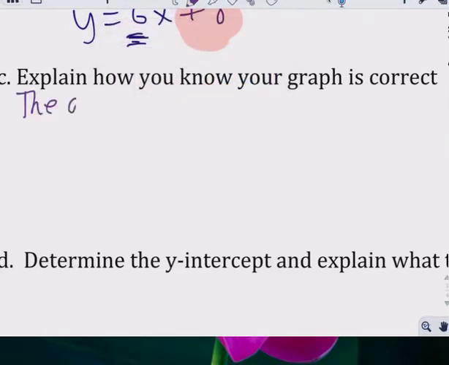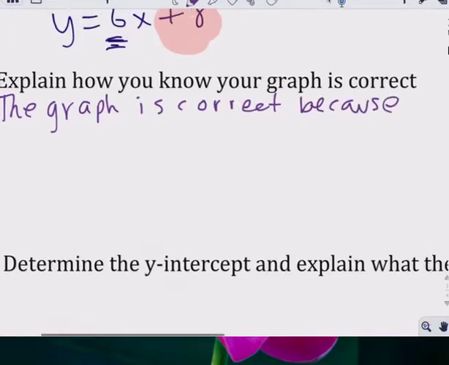The graph is correct because the given coordinate